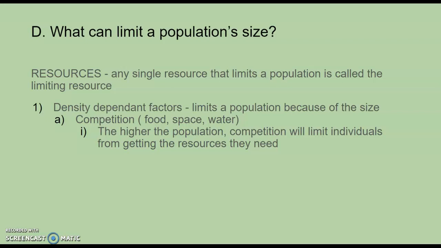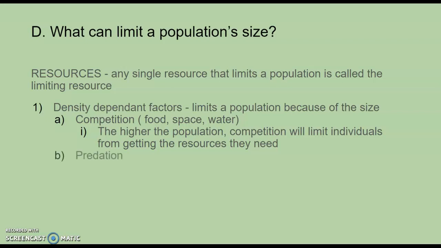And then it starts to get overpopulated. There starts to become this increase of deer. It starts to become more dense. Well, when that happens, it's not also increasing the resources, right? They still have the same amount of food, space, and water, but we're just increasing the individuals. So when that happens, they start to compete with one another,